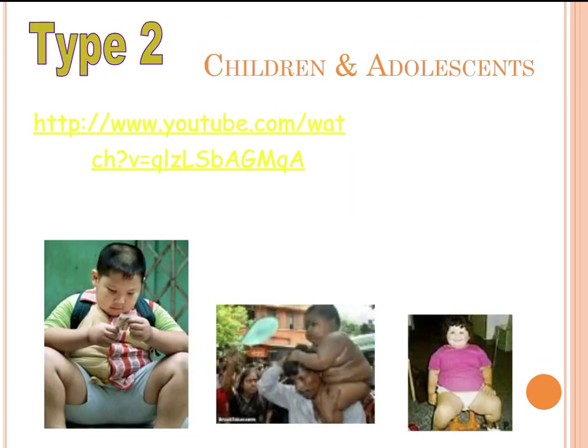While age is a common risk factor for diabetes type 2, usually occurring in individuals over the age of 45, there is a growing incidence of type 2 diabetes in children and adolescents related to increased rates of childhood obesity in the United States. There is a video link here, and you can access this by opening the slides, which